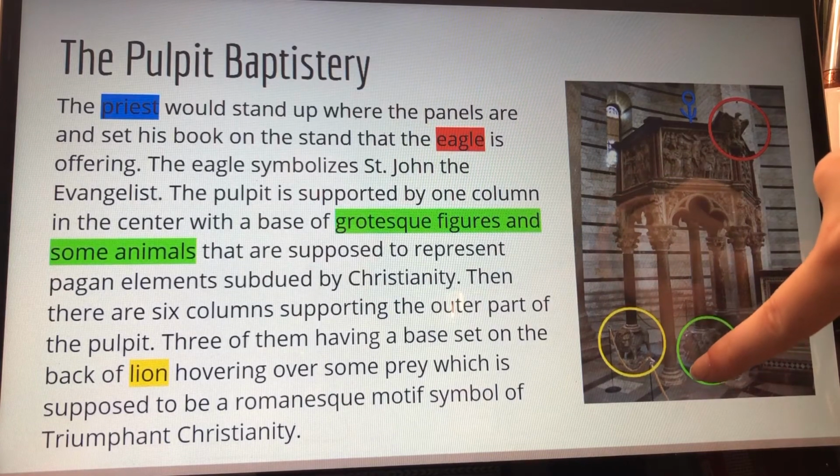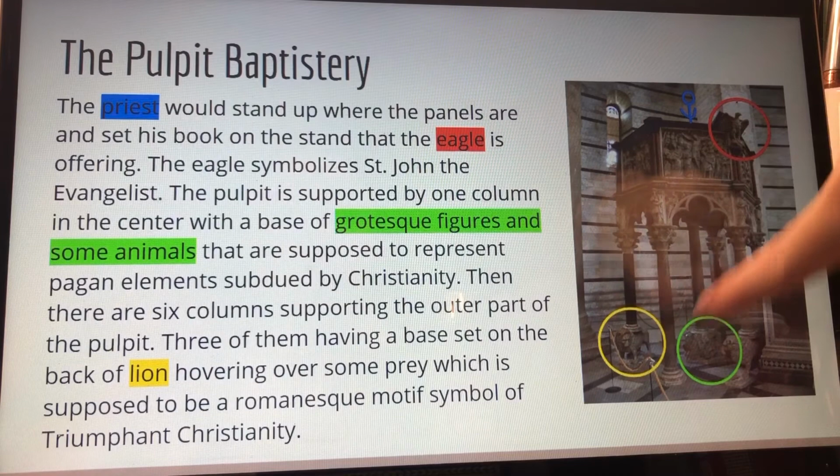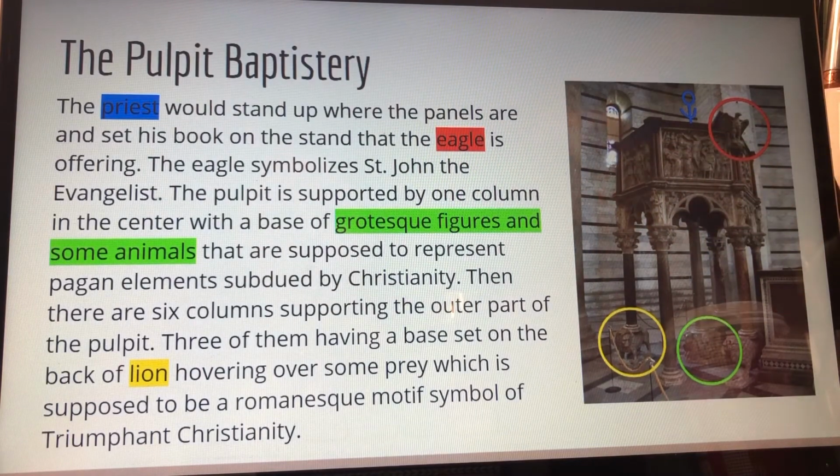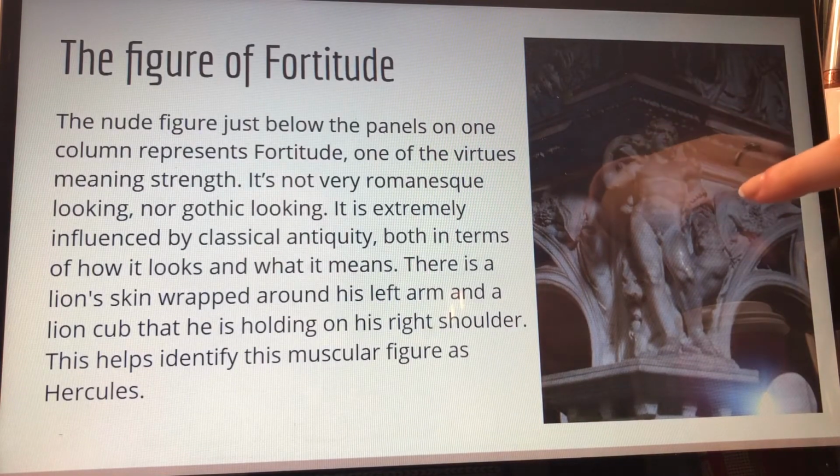And the other ones are just bare, they don't have lions, but that's where the 6 outer columns are. The figure of fortitude. This is right below 2 of the panels, but above the columns. The nude figure is just below the panels on one of the columns, represents fortitude, one of the virtues meaning